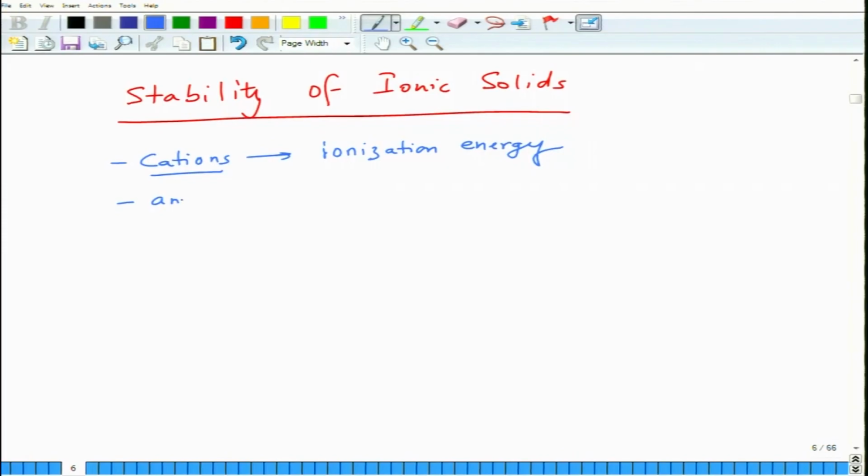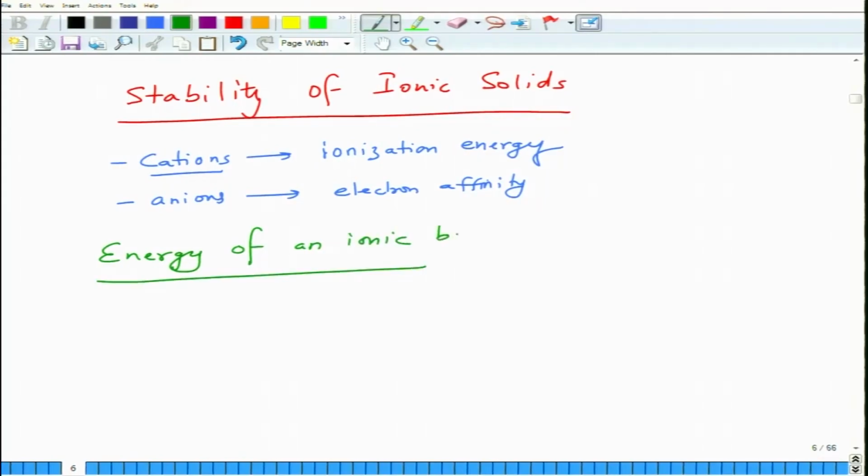In the case of anions, what we consider is the electron affinity, because they are ready to accept the electron. That is why we talk about electron affinity. The energy of an ionic bond is determined by